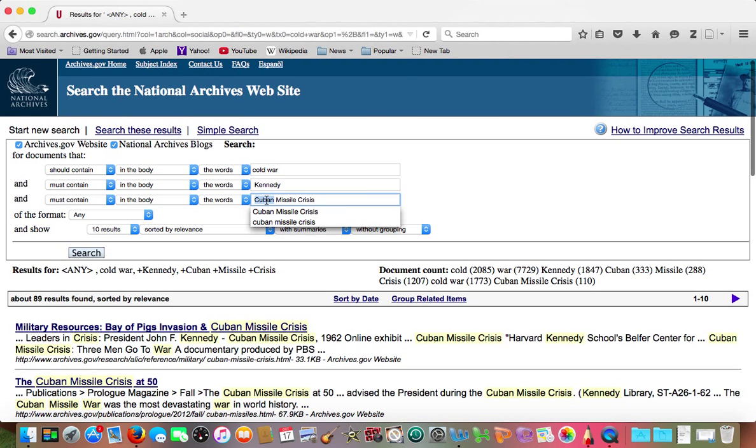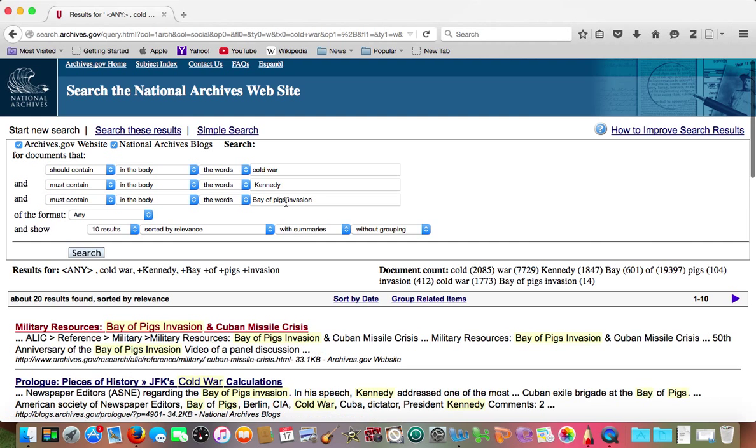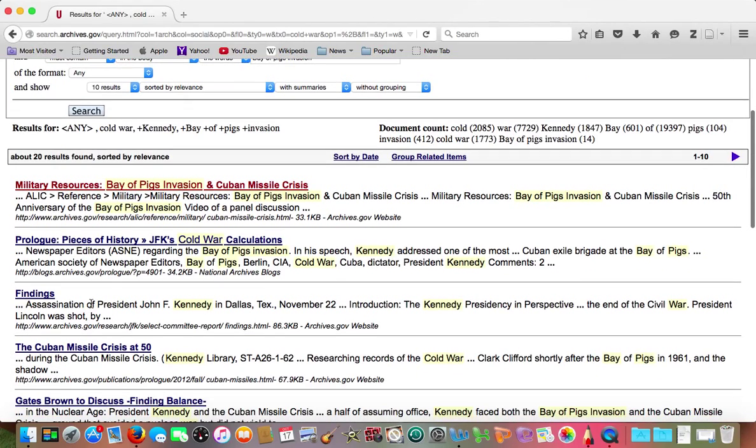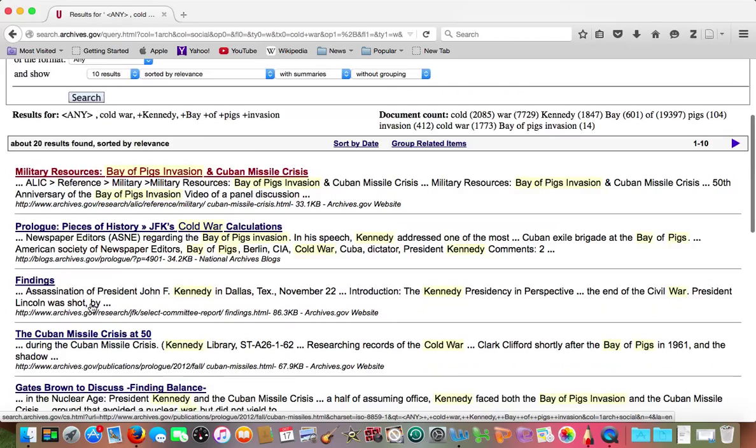Now, let's say for my investigation, I'm also interested in how Kennedy handled the Bay of Pigs invasion. I would type that in, and I would click Search and make sure that Must Contain is clicked. Now, notice that about 20 results are found. That's an even smaller number, and it's even more manageable to finding the sources that are most beneficial to your